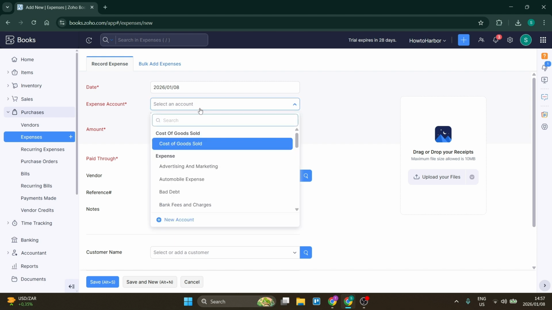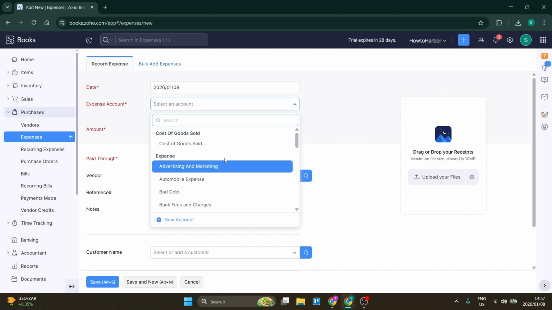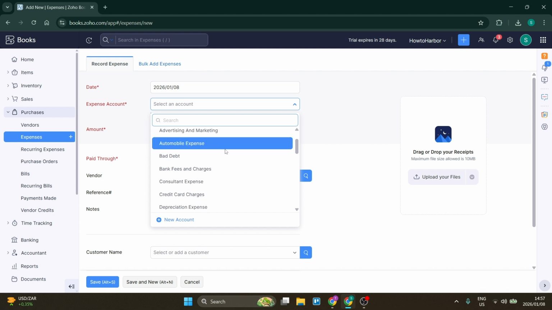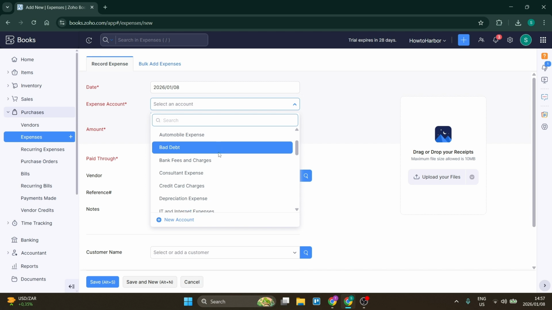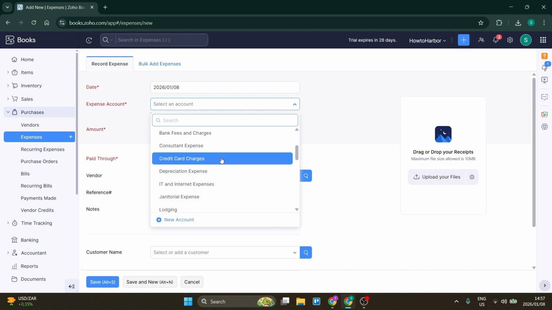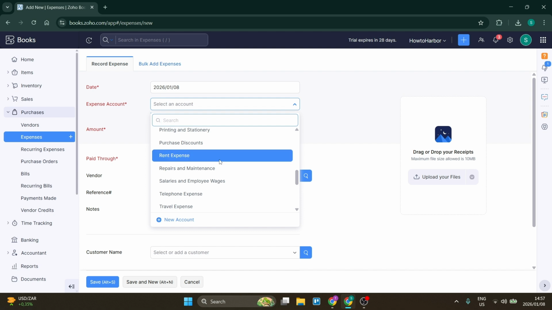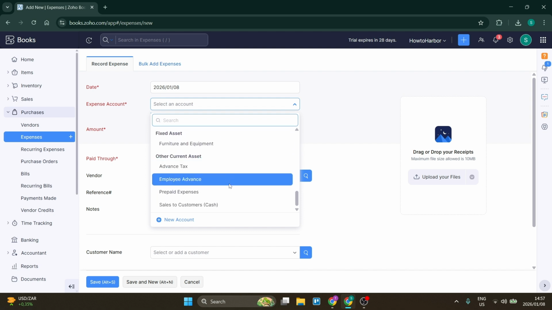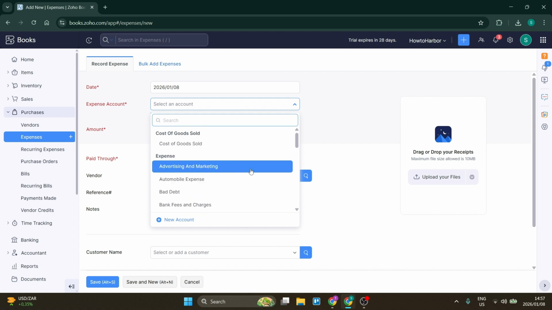Now, this is important. Here you'll have the cost of goods, so this is the cost of goods sold, which is making a purchase of goods. You'll have advertising and marketing, automobile expenses, bad debt, banking fees, consultant expenses. There are so many. Now, if you've gone through this list and you haven't found something that you would like